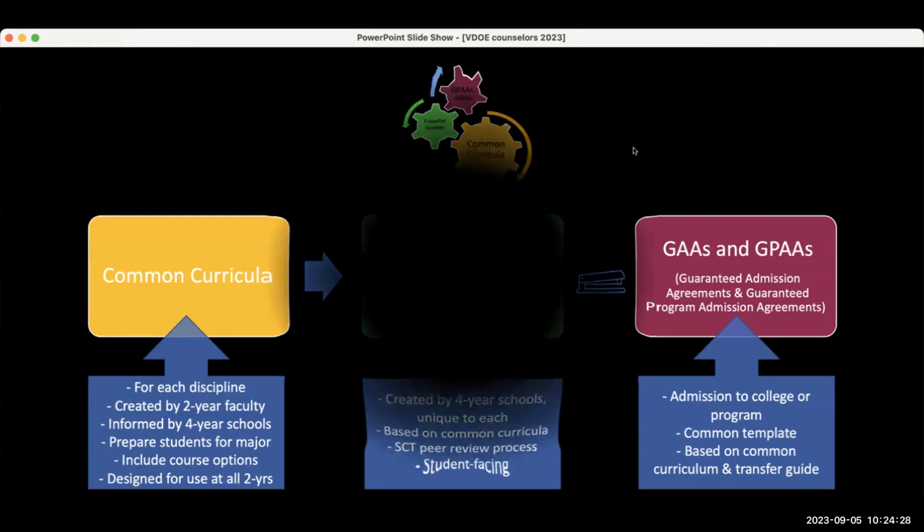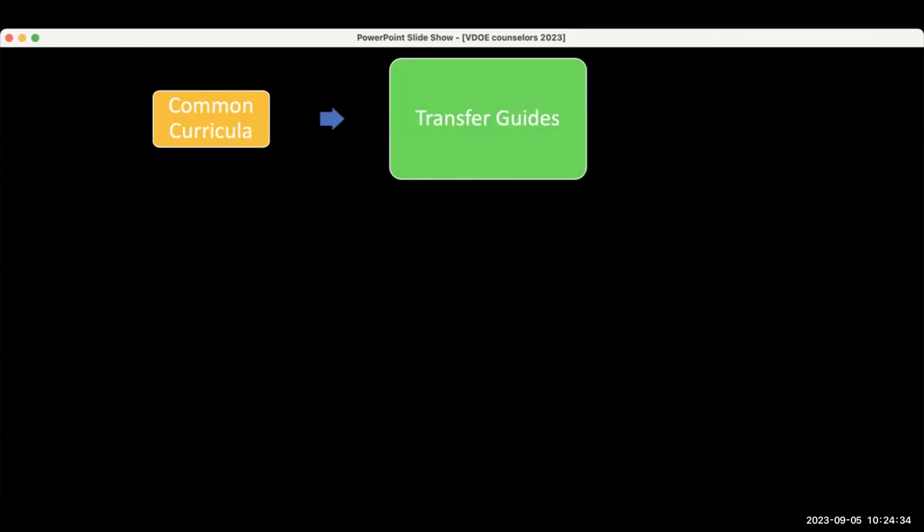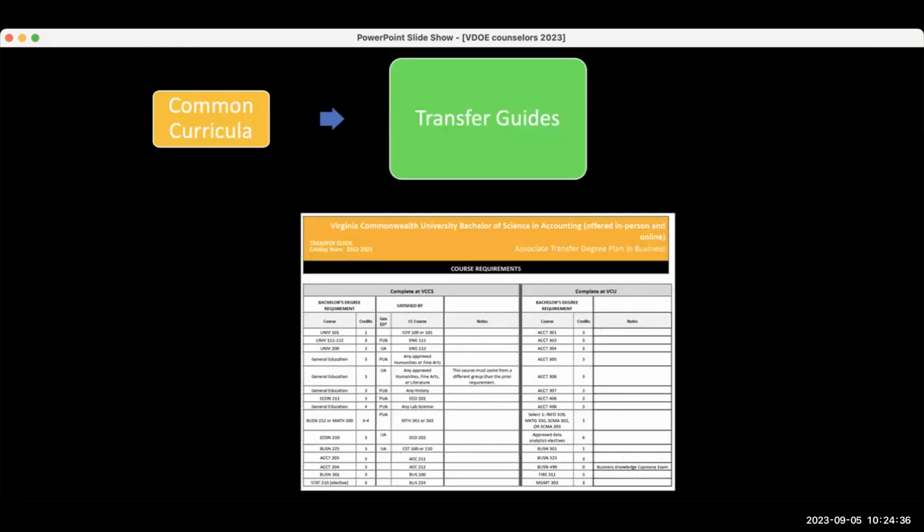So just to show you a snapshot, I mentioned that the common curriculum in any discipline becomes a transfer guide on the four-year side. And this is just a visual of what the transfer guide looks like. In her tour, Melody will show the complete transfer guide. But just to give you a quick glance, the transfer guide on the left side shows what students are doing at the community college. And on the right side, it shows what they'll do after they transfer to the four-year